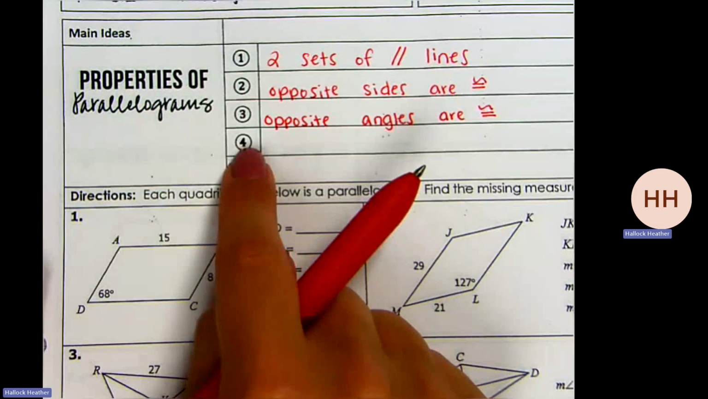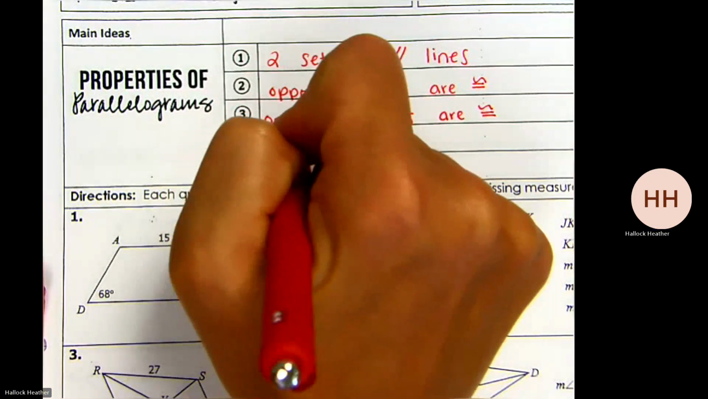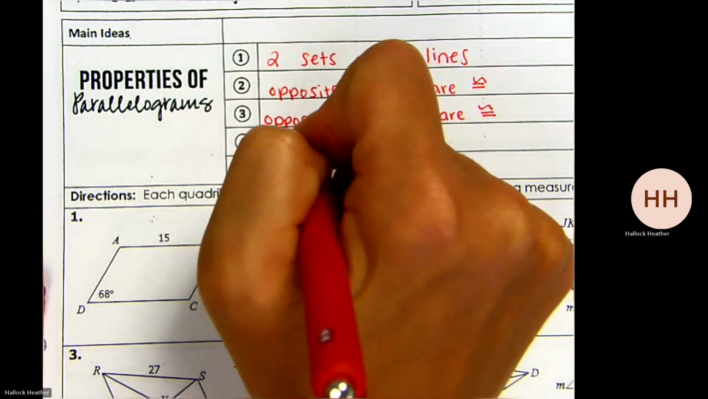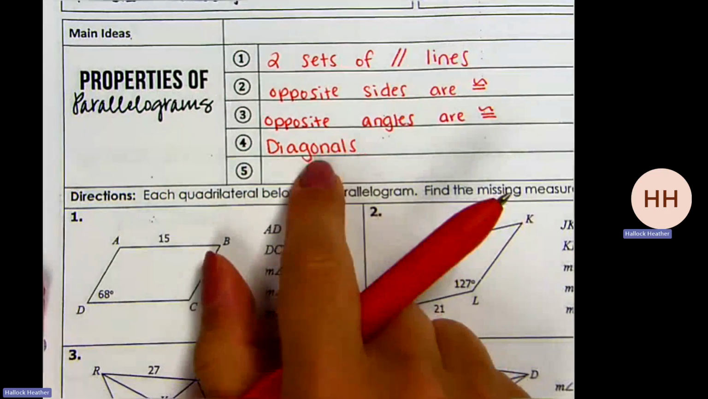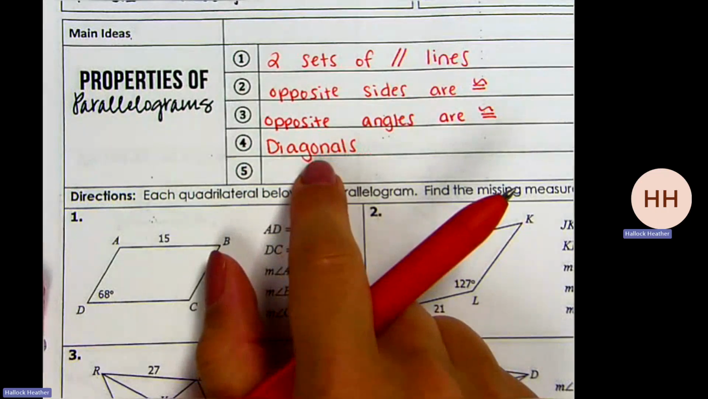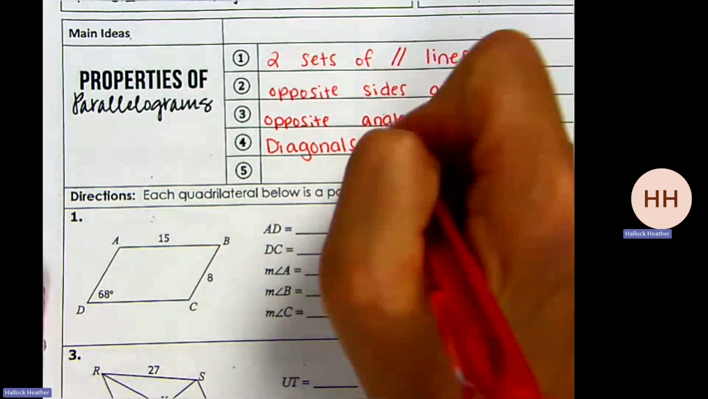Okay. Number four is, this is the word that I suck at spelling, that I cannot spell for the life of me. I think I spelled it right this time. I had to look at a piece of paper. Diagonals. Is that how you spell diagonals? Whatever. Okay. The diagonals bisect,